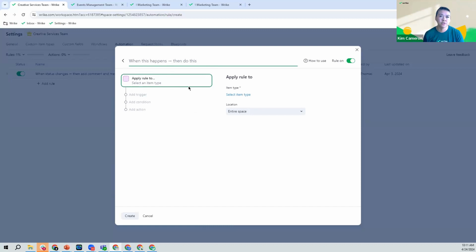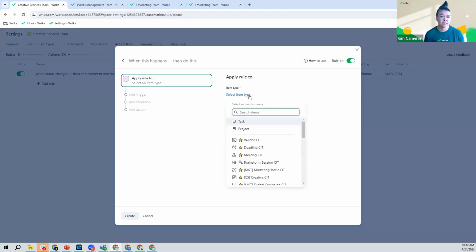So first things first, what's the thing we're going to apply the rule to? Now, if you've ever worked with me as a client or seen any of my other videos, it's really important to understand the concept of projects and tasks inside of Wrike because that is what we're going to be asked for here in the dropdown. So essentially, at a very high level, Wrike's building blocks are tasks, actionable items that go inside of projects, things that we can measure long-term,